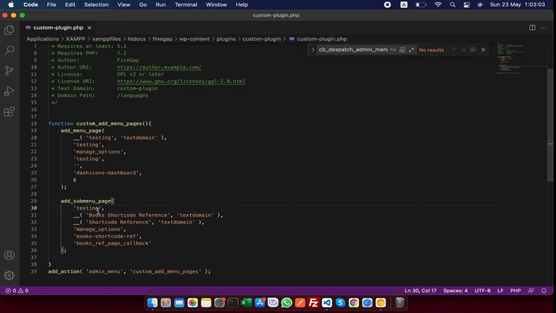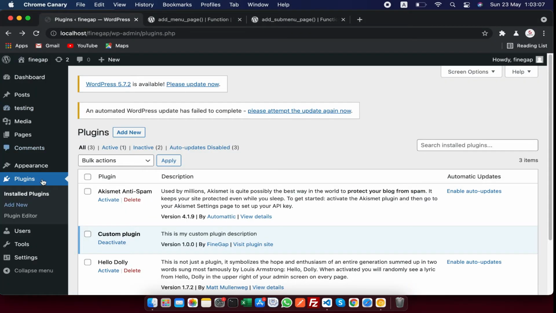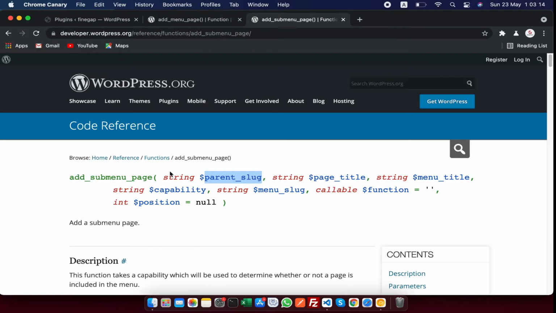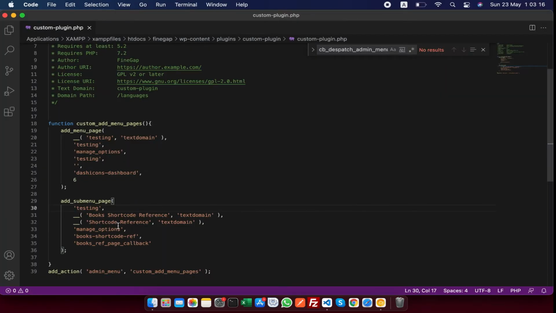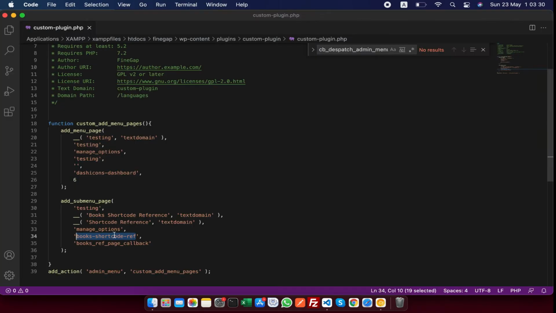Without it, we cannot add into admin pages. This is the page title, menu title, manage_options like add_menu_page. This is the slug and the callback function.